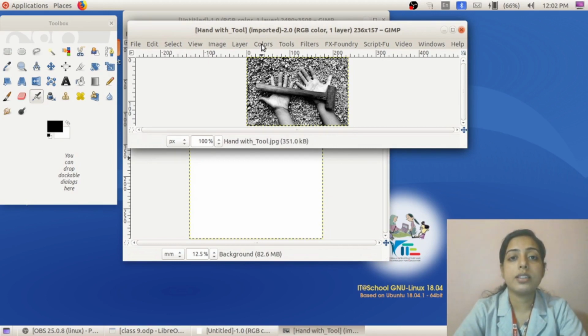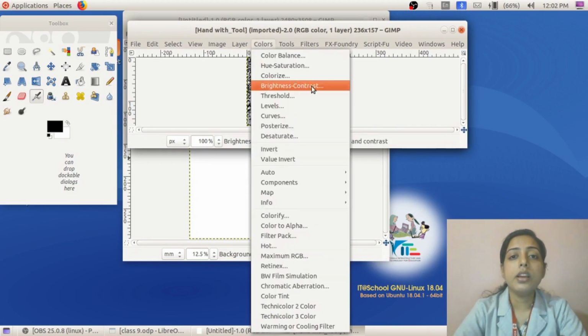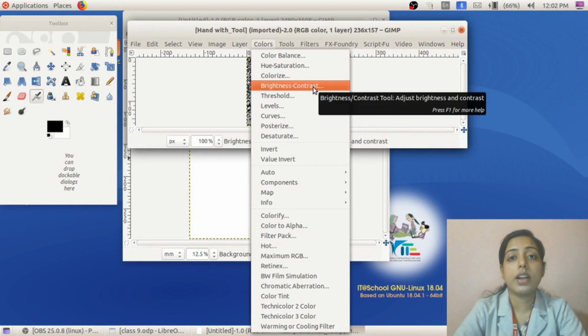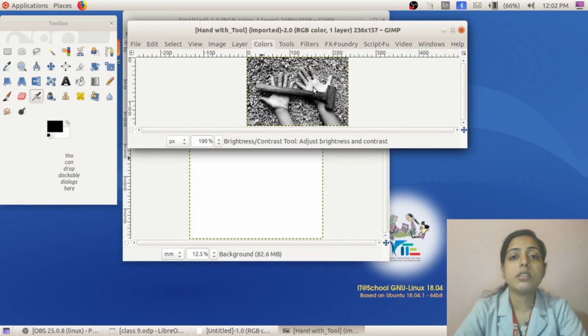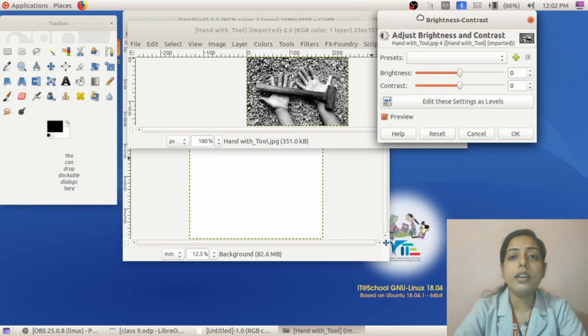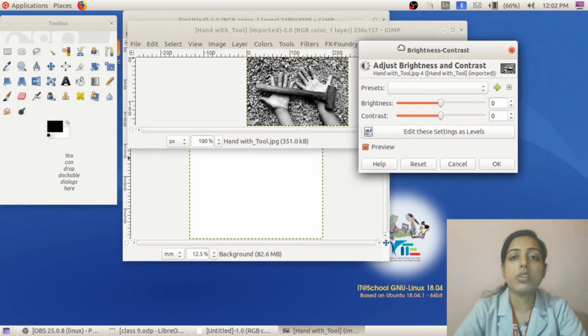So here we can see the colors menu. Select the colors menu. Here you can see the brightness contrast option. So select colors menu, brightness contrast option, and another dialog box will appear. Here we can see a slider for brightness and a slider for contrast. So move the slider.